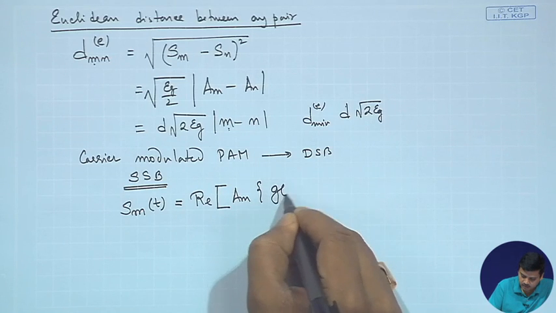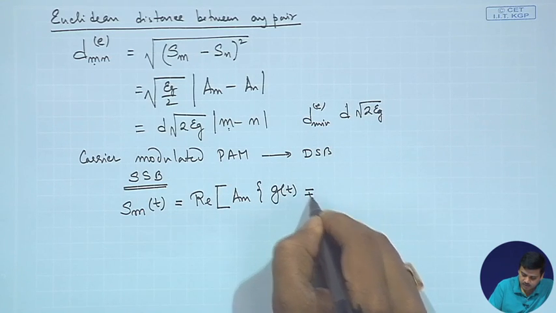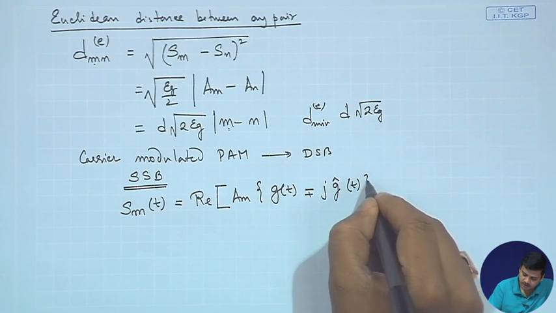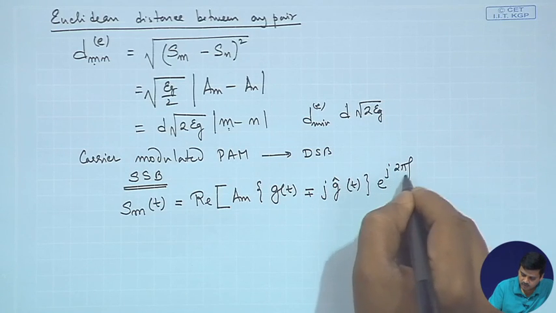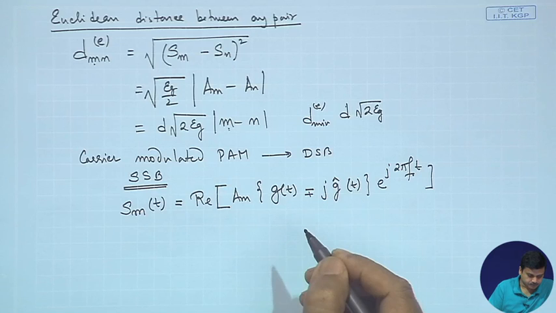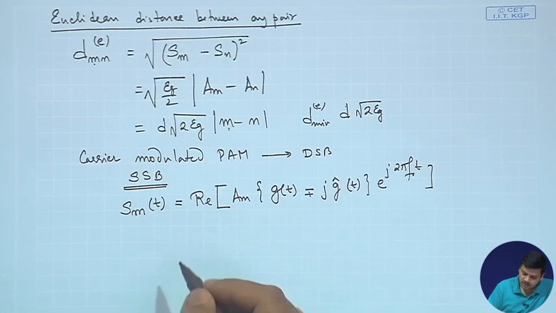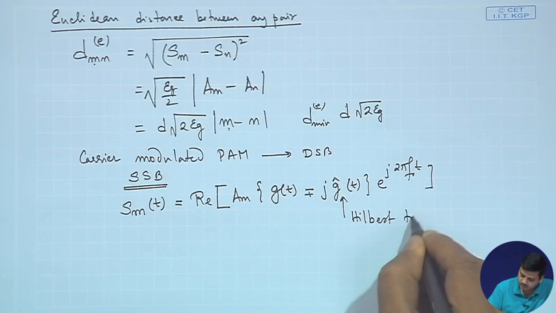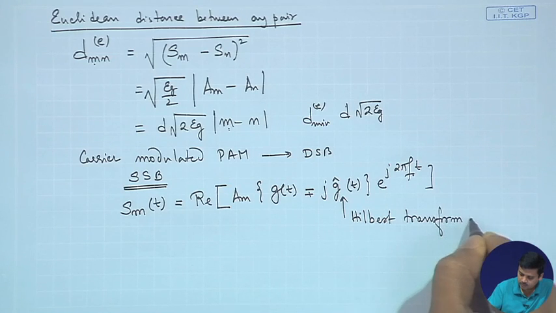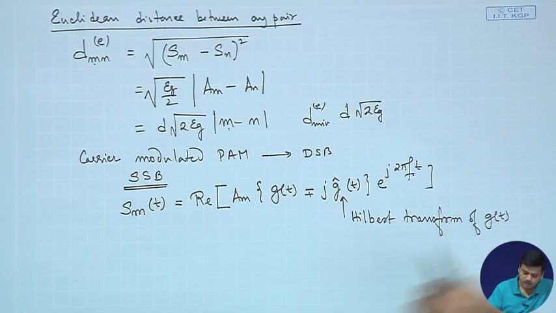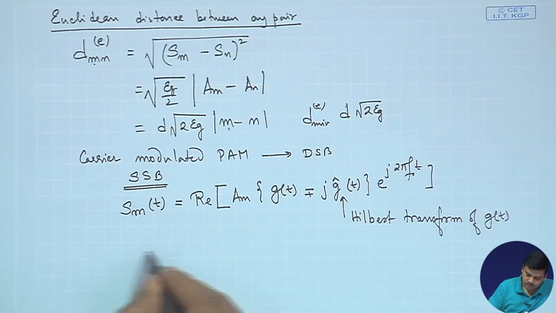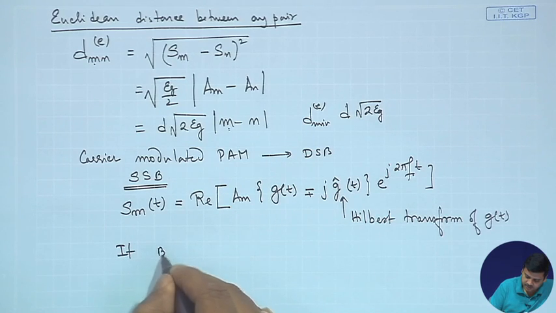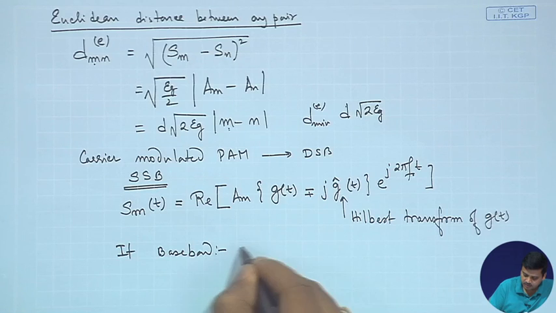Am [g(t) plus or minus j g hat of t], where g hat would be the Hilbert transform, e to the power of j 2 pi fc t. So, this is how it would look like, and this is of course the Hilbert transform of g(t). And we have already said that if you are talking about baseband transmission,